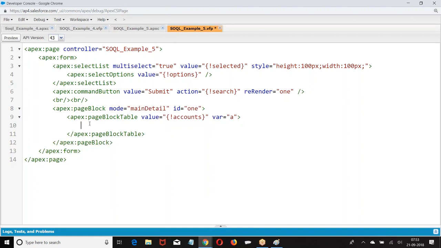Then we need to take apex:repeat, value equal to whatever fields we selected. We have a list called selected, containing the fields you have selected.